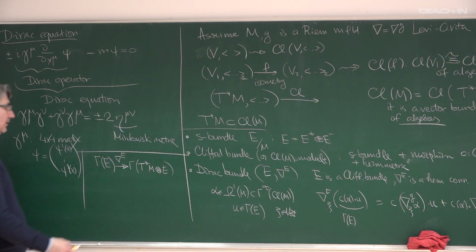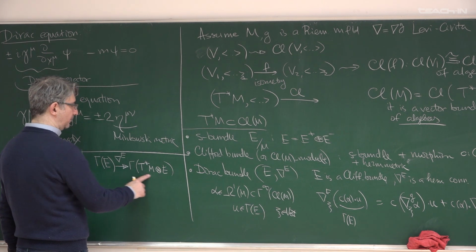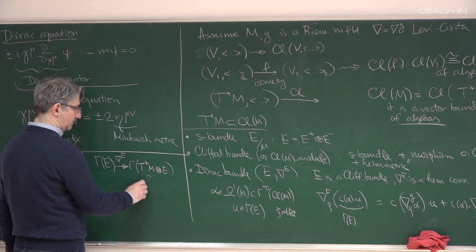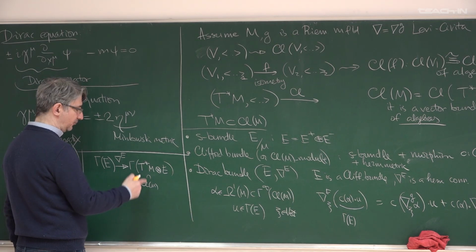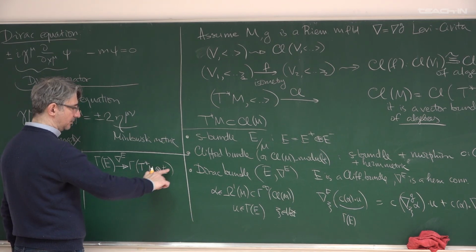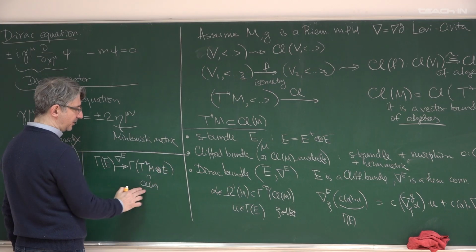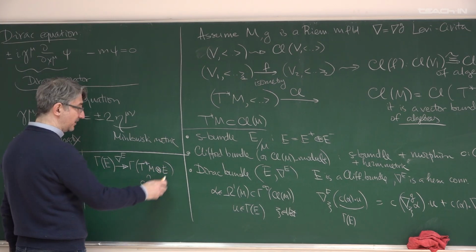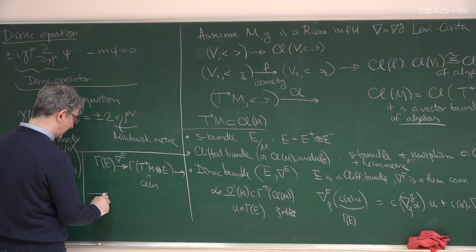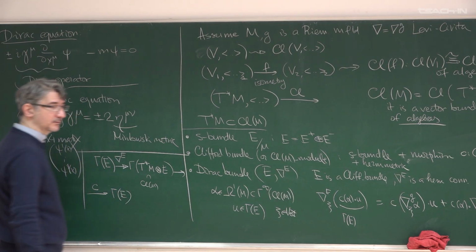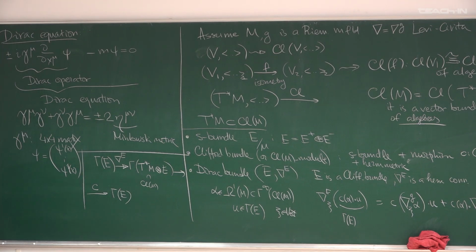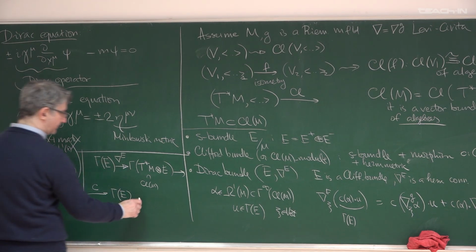But you consider this part as a sub-bundle in the Clifford bundle. So if you have a section of this bundle, you can consider the section of this thing and this thing. So further you apply the Clifford action and obtain gamma E. That's all. This composition